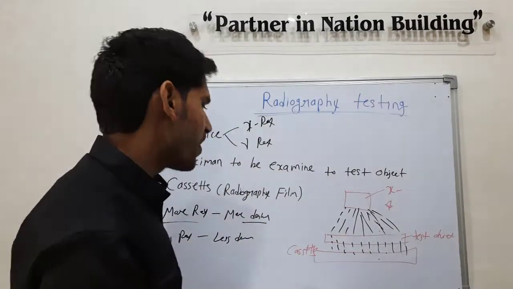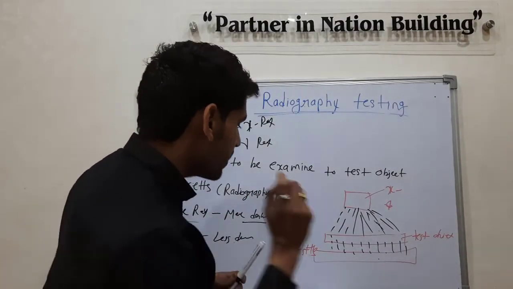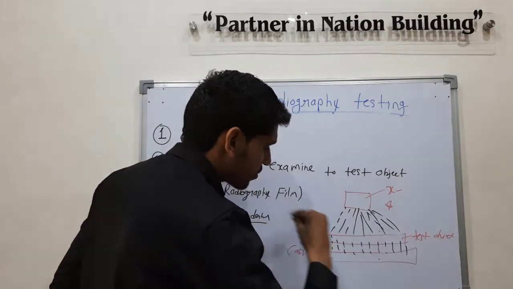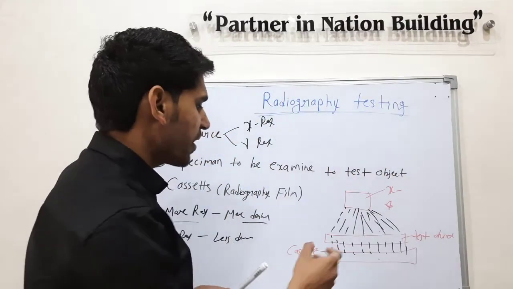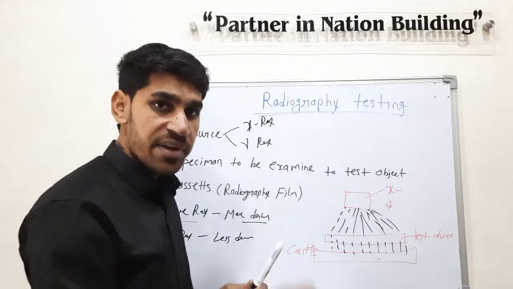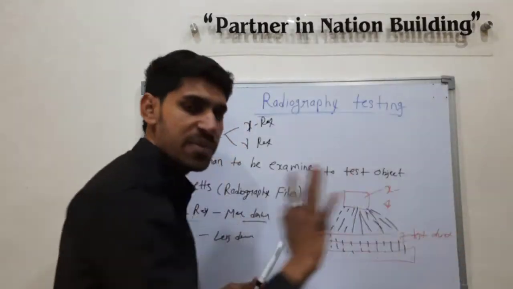So how does it work? Suppose there is no defect, then what will happen? All the rays will come out with the same intensity, and the color of the whole film will be the same. But